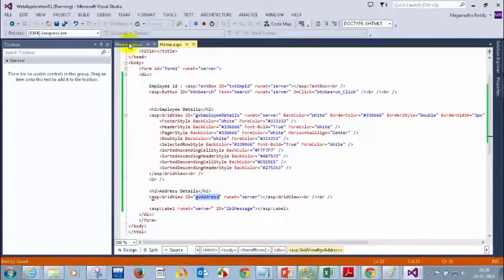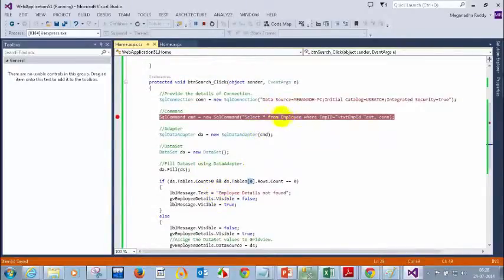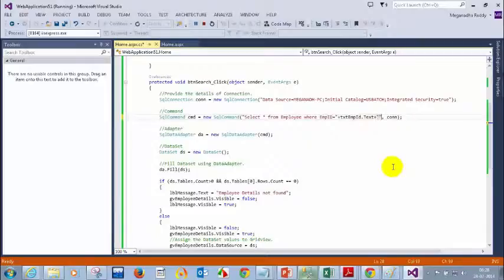So what I need to do now, go to this, and here I need another command. Don't get confused here, I'm going to add another query. So plus, I'm going to put a semicolon.